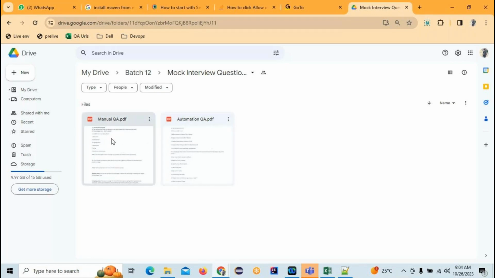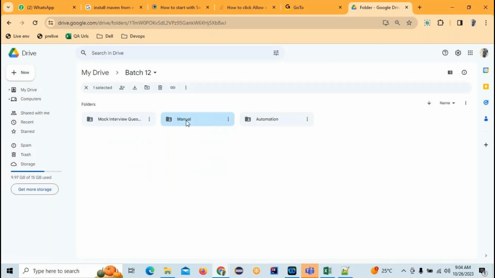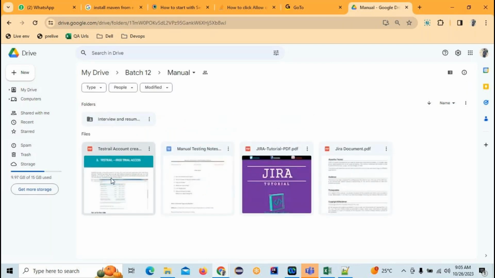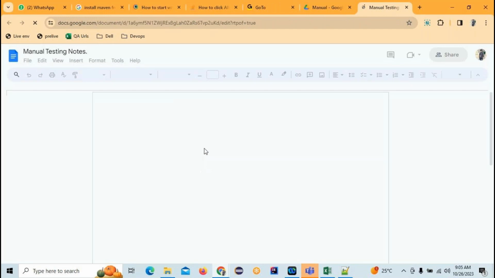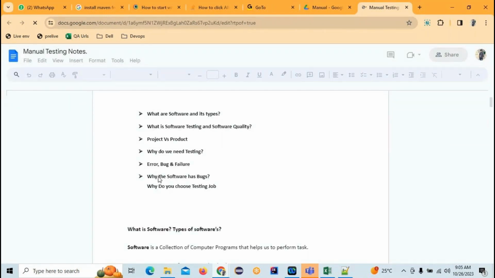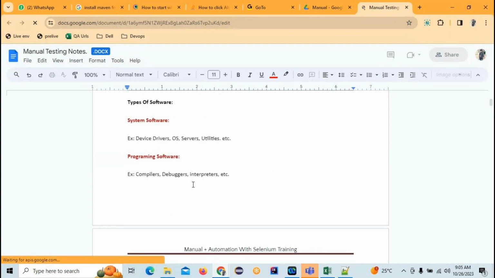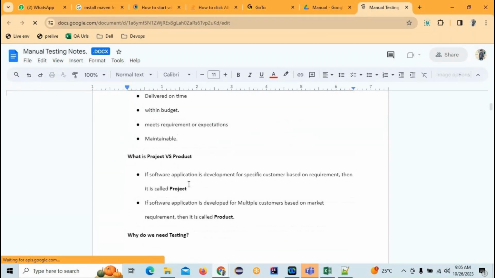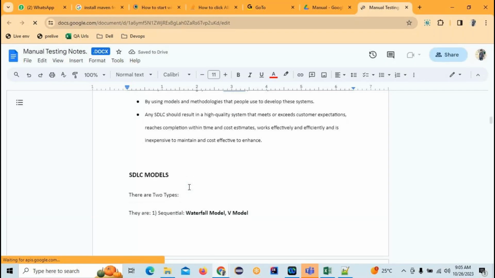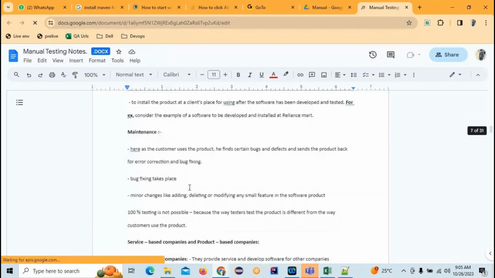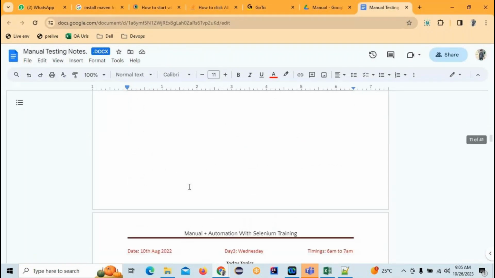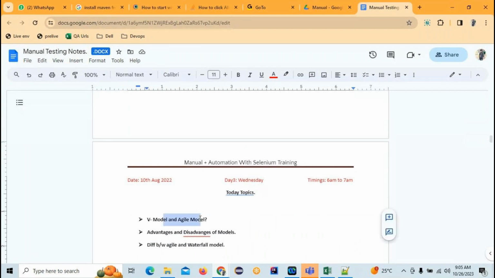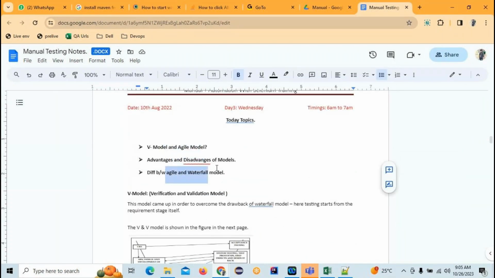Okay, manual questions, these are the mock interviews, and automation questions, these mock questions are going to be taken from real interviews. Apart from that, we are going to give the manual folder. There you can see how to create a test trail and how to work with Jira and the manual testing notes. These notes are very clear. There you can see what topics are going to be learned on a particular day, and the topic question and answer. Every day you can see the topics you are going to learn here. If you come to the next day, you see the next day's topics: V model and agile model, advantages, disadvantages, difference between those. Okay, so very